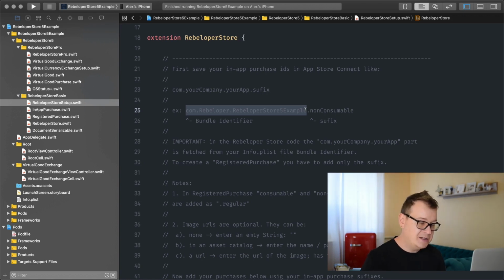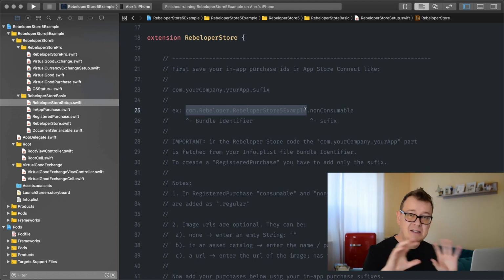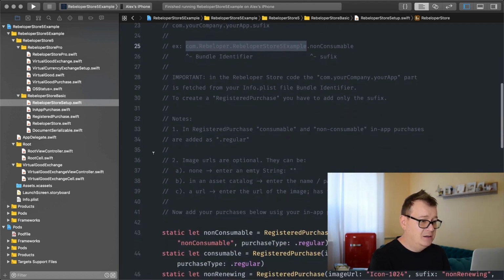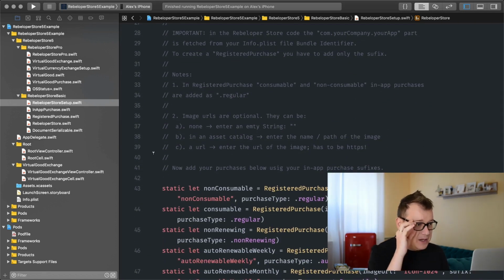Now this is the suffix. We have a bundle identifier followed by a dot and the suffix. This is the way you should create your in-app purchases. Now, let's go further. Yeah, there are consumables and non-consumables. Now, these are added here as regular purchases, and you will see in just a moment how I categorized